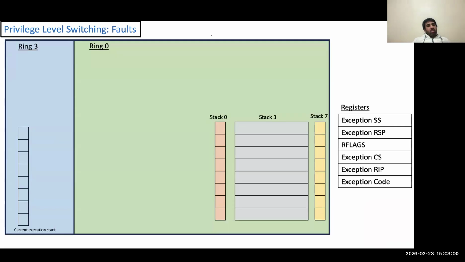So I prepared this slide and wanted to discuss it with you. I know I am still far behind, but it's okay because you are reading the paper anyway. Once we are done after week 6, we will start a new paper, so it's fine. In privilege level switching, if you remember, whenever there is a hardware exception, for example a page fault, it happens when a user level program